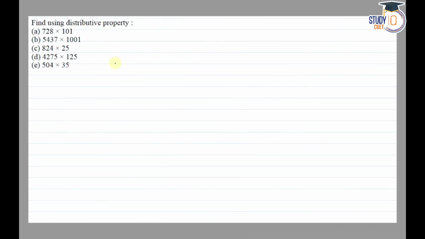Hello everyone. This question appears in class 6 NCERT chapter of whole numbers. This is fourth question of its exercise 2.3. So the question says that find using distributive property. Solve this. So distributive property हमारे पास होती है a into b plus c is equal to a into b plus a